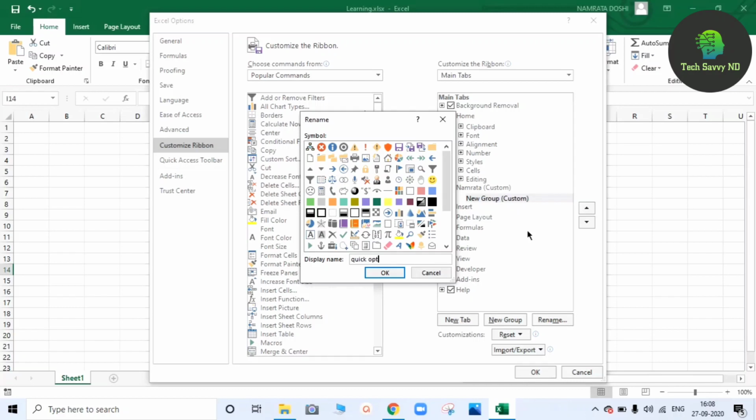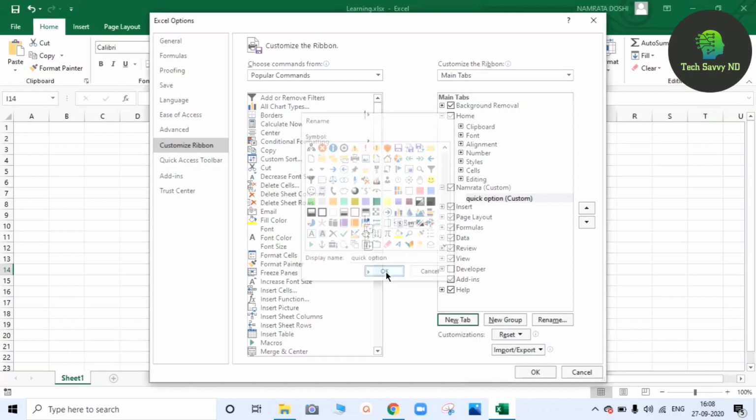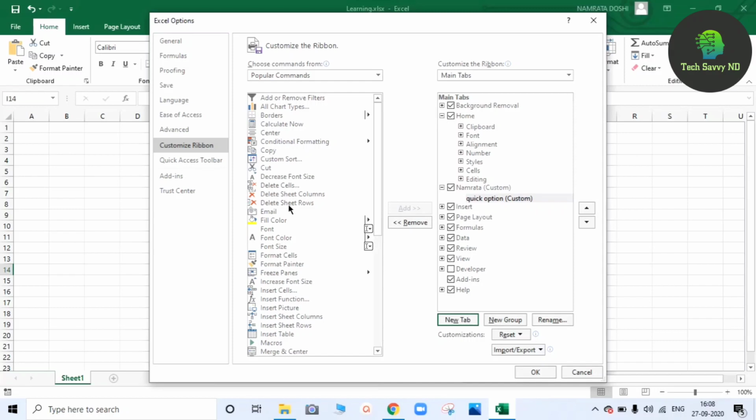Now you can see on the left side different commands are there. You just have to select the command and press the Add button. It will automatically be added under the group. Whatever command you need, you can add it by selecting and pressing Add.